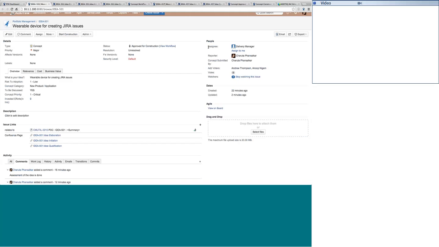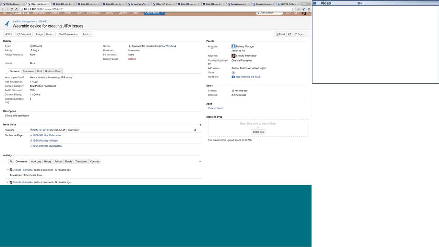So you can see that when we start the actual implementation or construction for the concept, the delivery manager here is the assignee. Now say, for example, in your organization you have a technical manager or technical lead who looks after the construction. You can have that customized assignee here so that every concept in the approved for construction status comes to the delivery manager, and the delivery manager, based on availability of resources and with the consent of the business owners or portfolio managers, can decide which idea to start construction on.